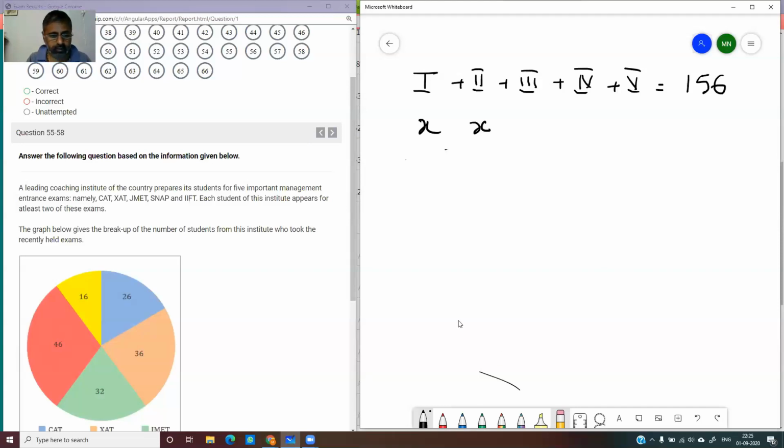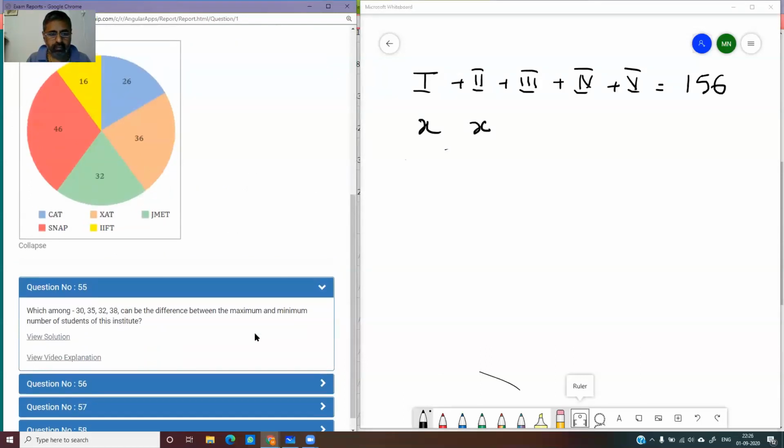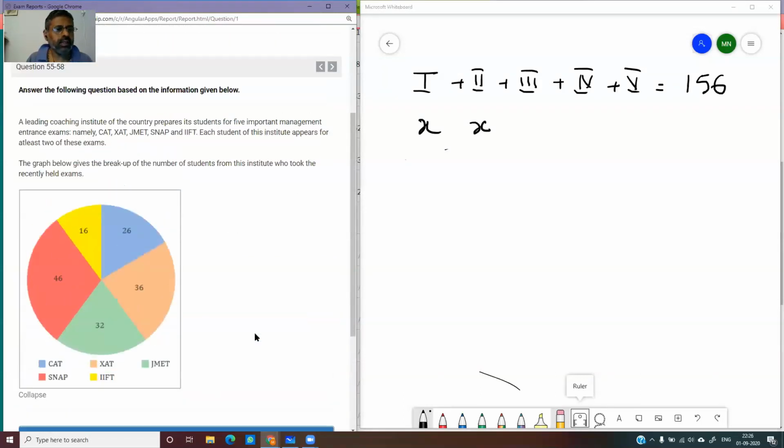Right. So now let's look at the first question. At least one is 0, right? No. How is at least 1 zero? What do you mean by at least one? Sorry, at least 1 is x and at least 2 is also x, which means exactly 1 is 0. Yes, sir. You should not confuse it with that A, B, C, D.